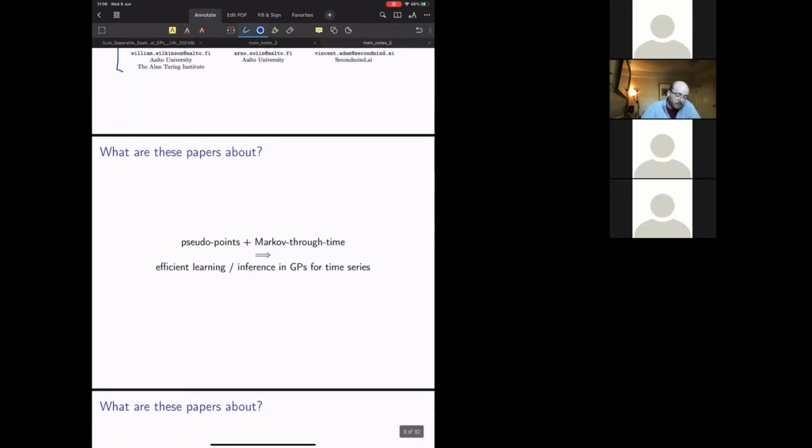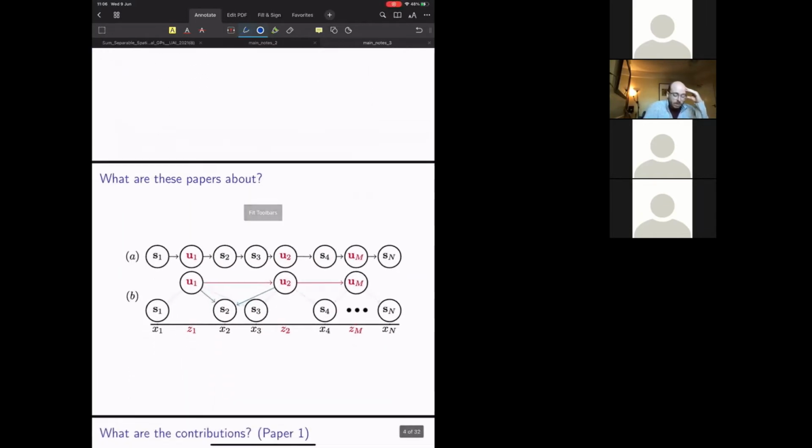So what are these papers about? As I said, it's about combining pseudo-point approximations and the Markov property in time to get efficient learning and approximate inference for Gaussian processes for time series. So the one slide summary of all of this, if you were to take away anything from this, it would be this picture,